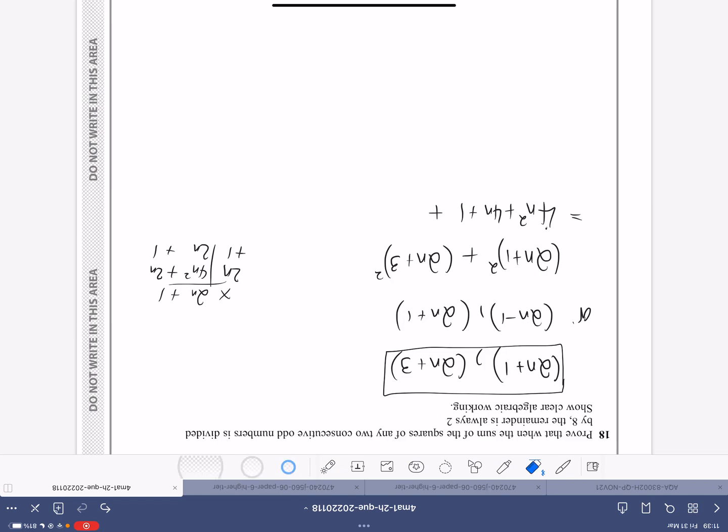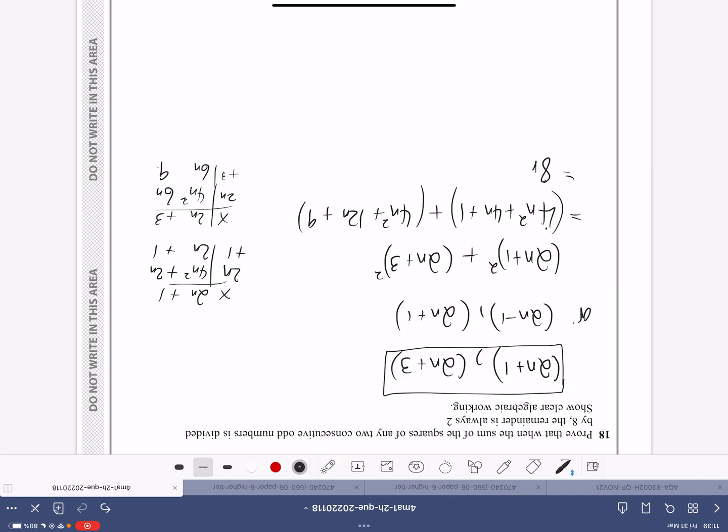And this one, 2n plus 3 times 2n plus 3: 4n squared, 6n, 6n, 9, 12n plus 9. So it's 8n squared